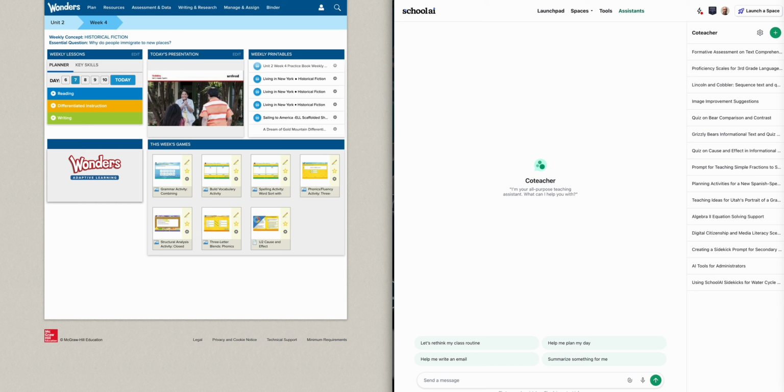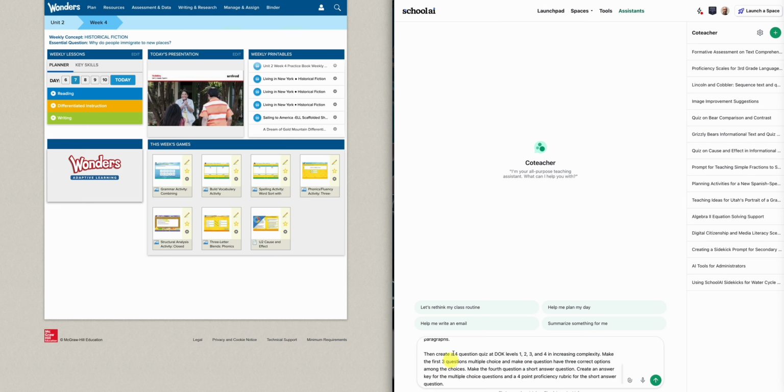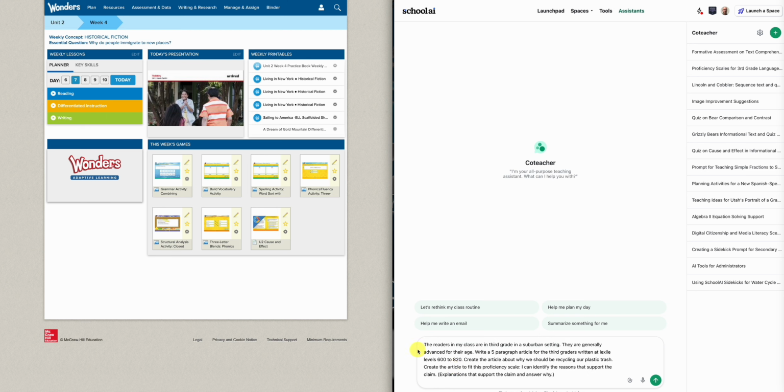What I've done is written a prompt previously, so you wouldn't have to sit here and watch me craft this. This is about a third grade class and creating an article about recycling. And it's written to the point of the prompt helping to identify reasons that support a claim. This is one of the third grade